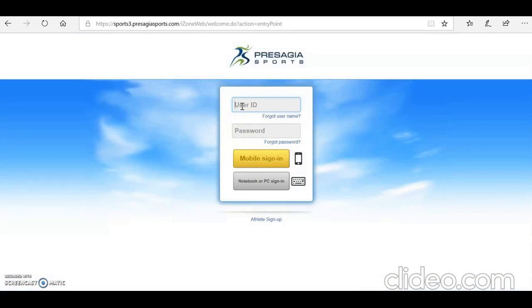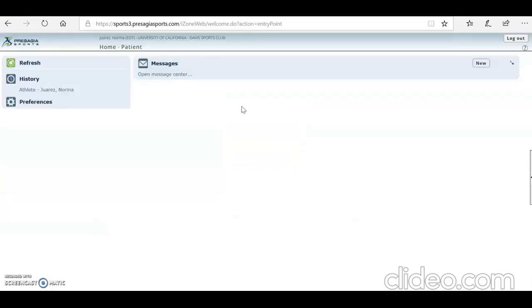steps. So now that the athletic trainer has verified your birth date and your verification phrase, you will sign back into Presagia. The user ID will be your email that you use, your UC Davis email, and the password is whatever you created on that second page. Press enter, and you'll come to just the general dashboard page. So you're going to click patient up top,